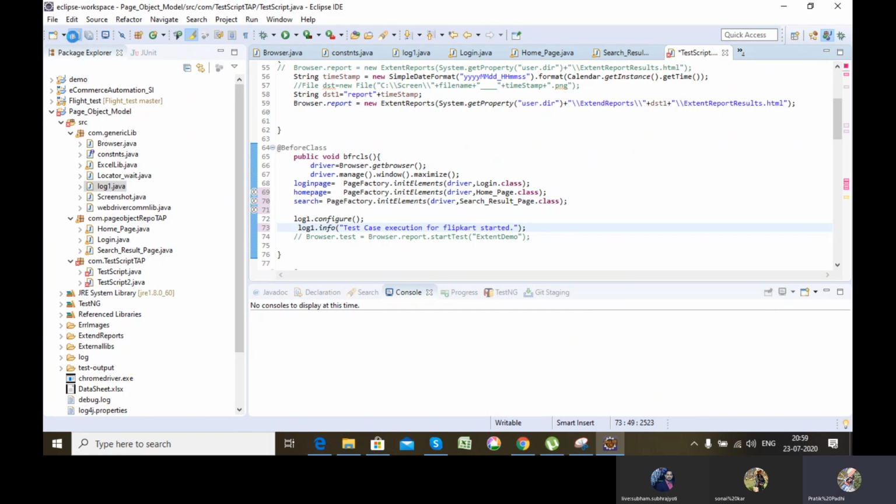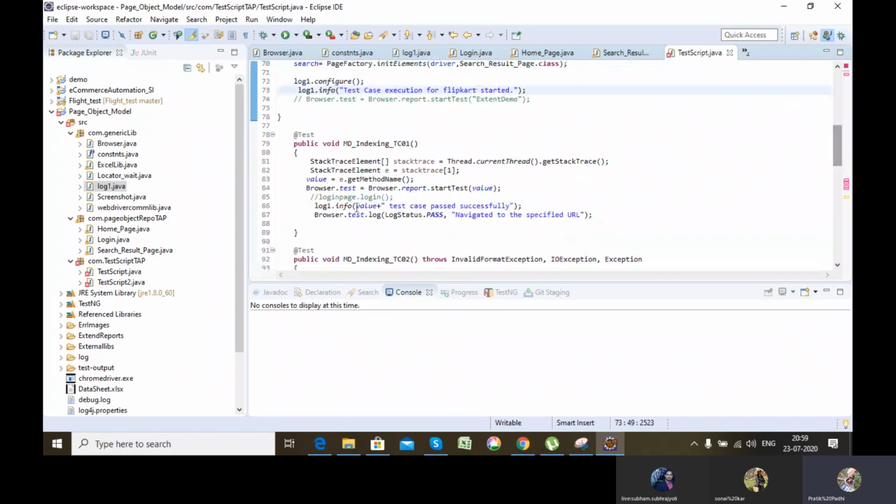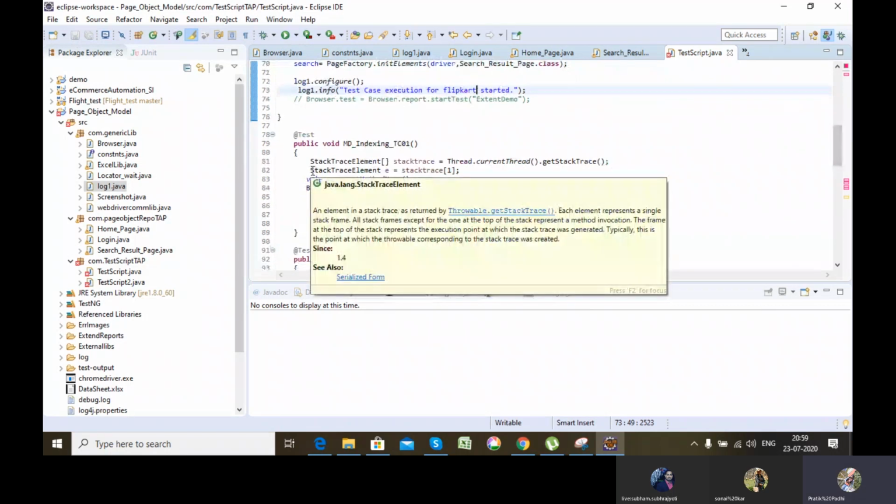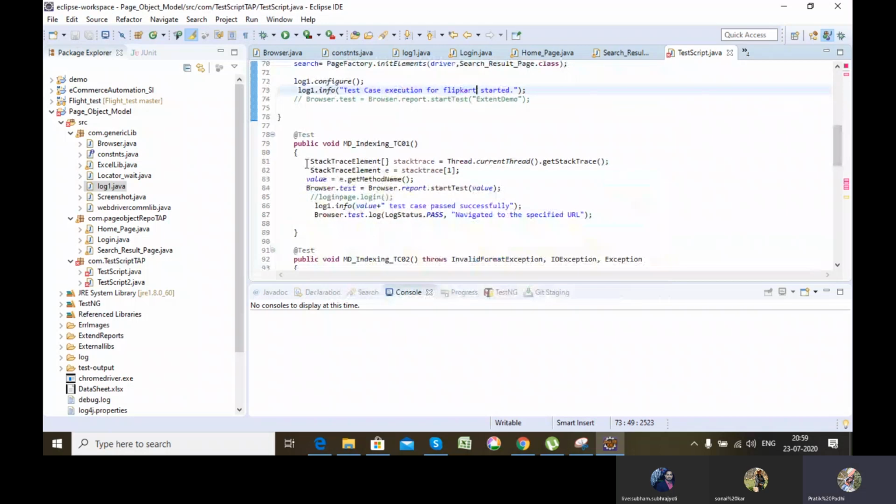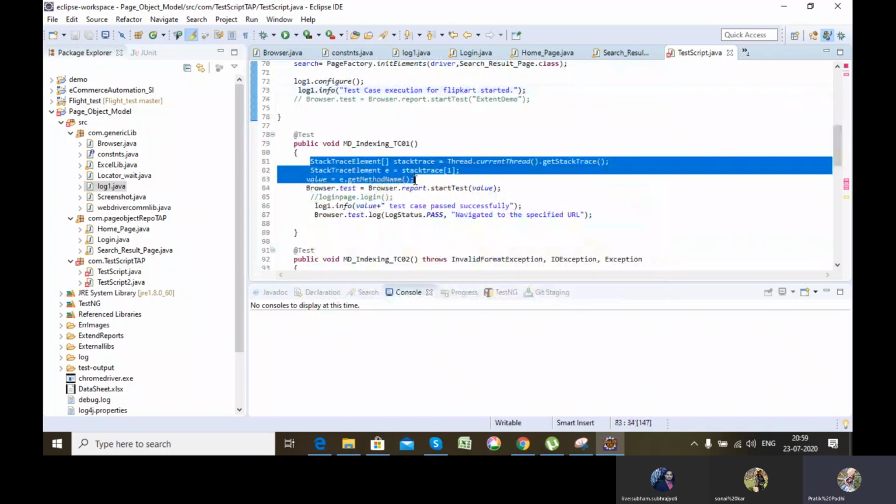Then here comes my @Test. Here I'll write the actual test which I want to automate. So for these particular three lines, this is the syntax to capture my function name at runtime. Like say now I see it's MDIndexing.tc01, but at runtime, how will it capture? For example, there are multiple @Test methods.